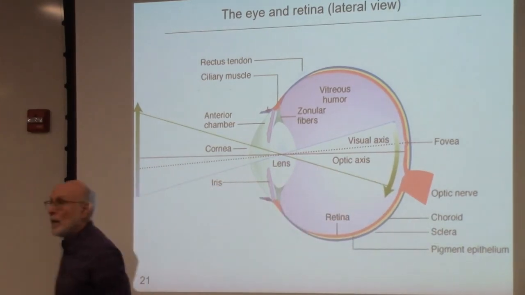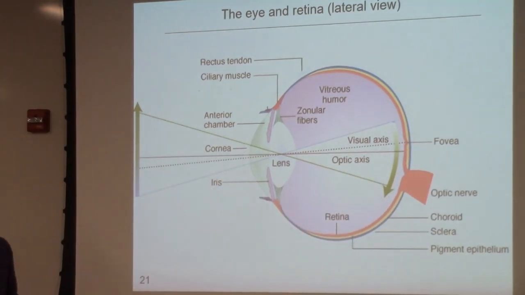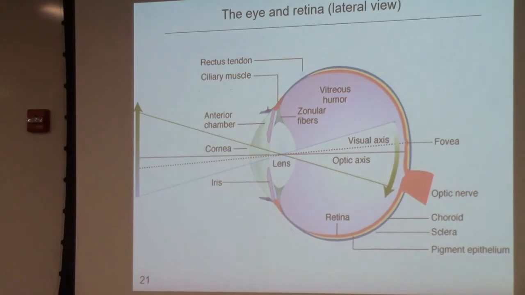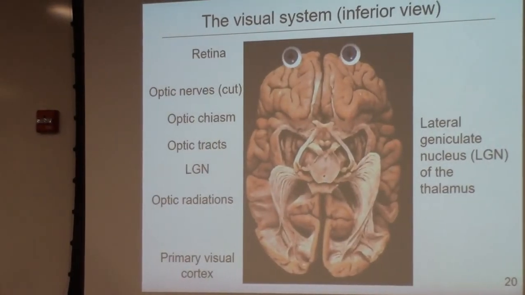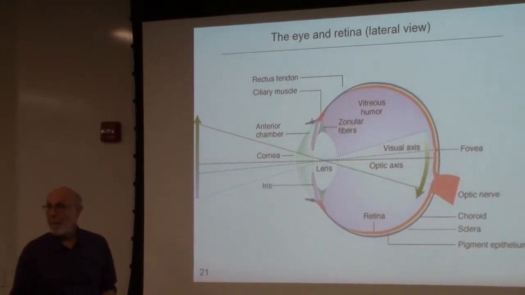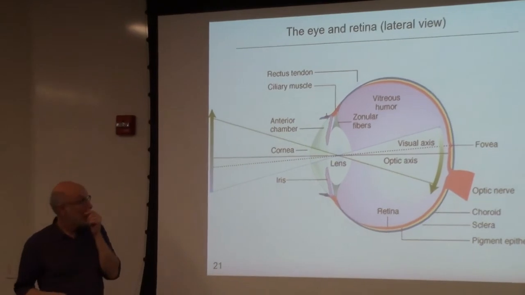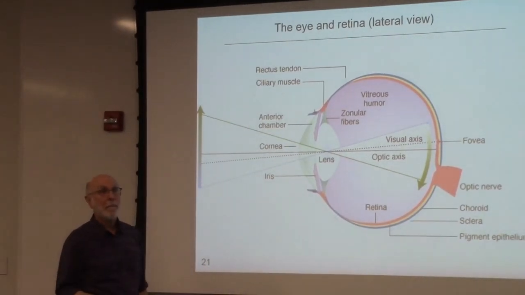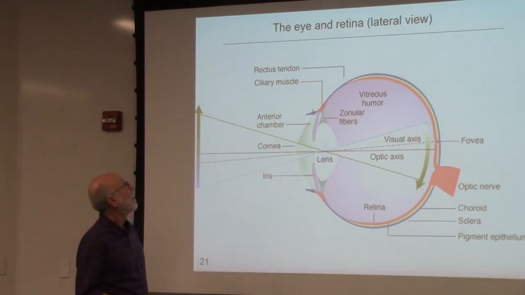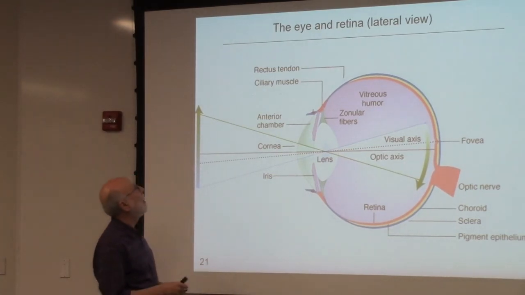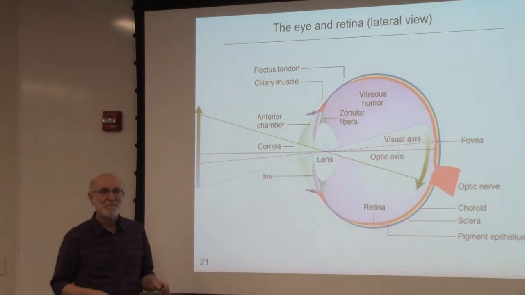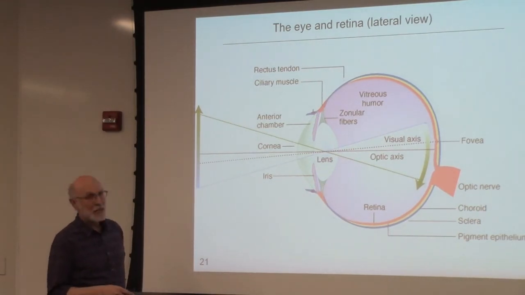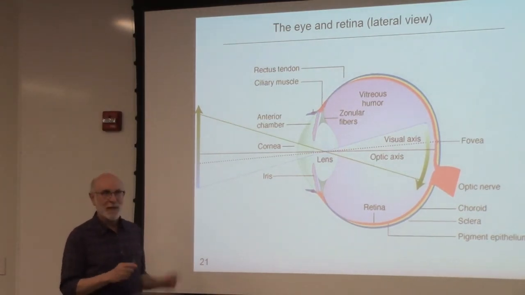Okay, so there's a cross-section of the eye. Yeah. So with the ciliary muscle, when it makes the lens more flat or more round, which one is focused and which one is out of focus? I'll show you in a couple slides. Question? Can you talk about the rectus tendon? I'll tell you, next slide. Okay, so yes, you will have to know what the rectus is, but let's go to